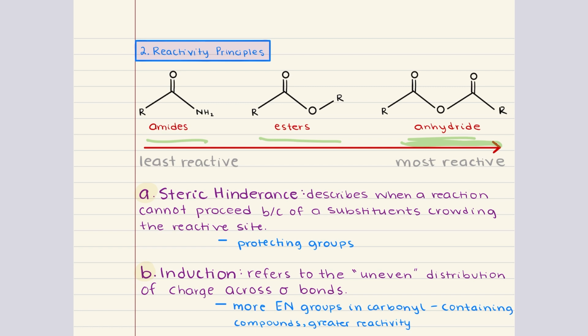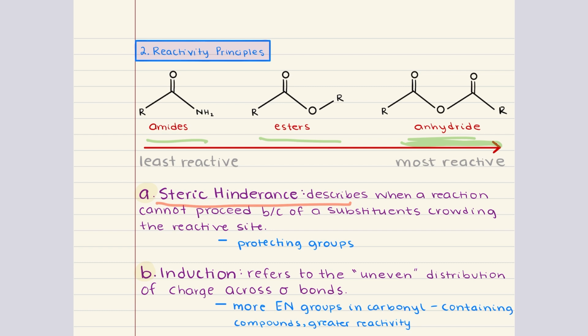We're going to begin with steric hindrance. Steric hindrance refers to the physical crowding of a reactive site by nearby bulky groups. When large substituents are positioned around the carbonyl carbon, it becomes more difficult for an incoming nucleophile to approach and attack that carbon. As a result, the reaction can slow down, or it may not proceed at all. It's important to clarify that this concept is not about electronic effects. It's purely about physical space